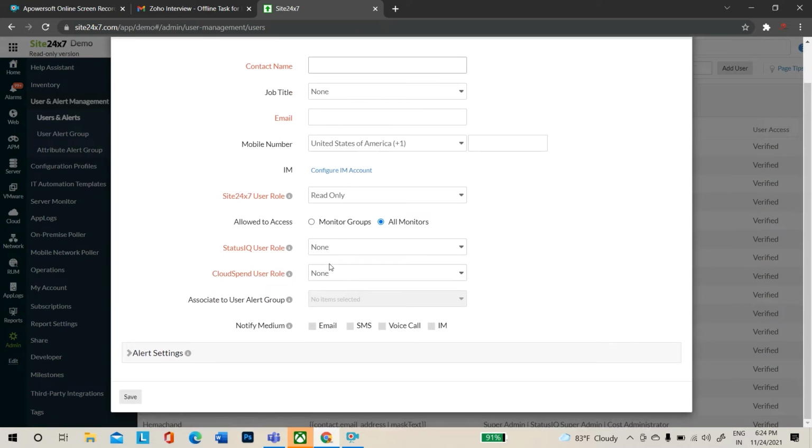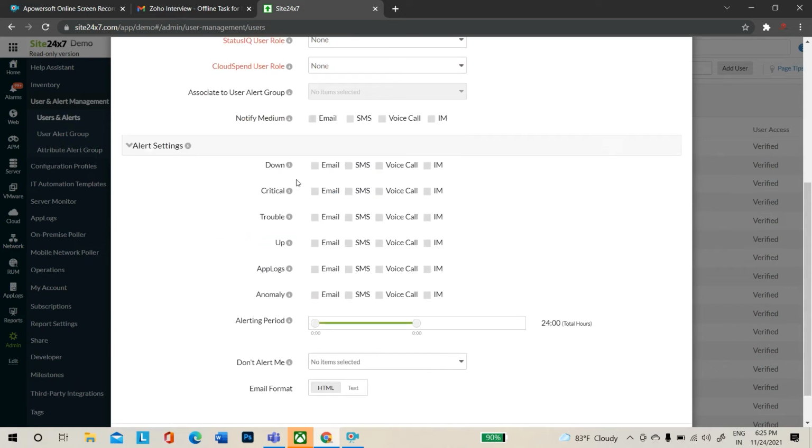Then when you scroll down, the user is going to get notifications through different types of medium: email, SMS, voice call, and IM. Here, this option can be removed because we have an alert setting option.